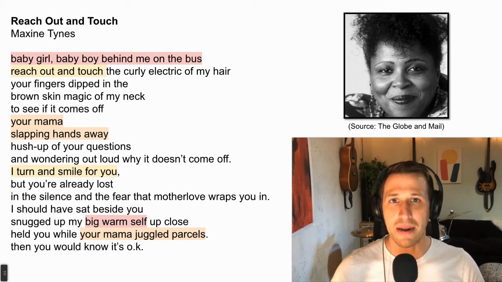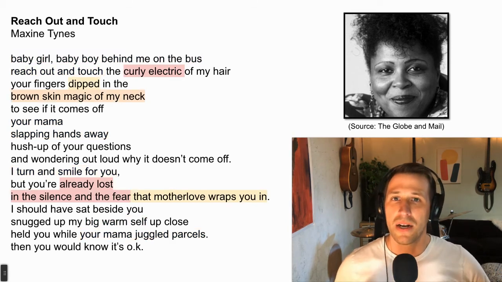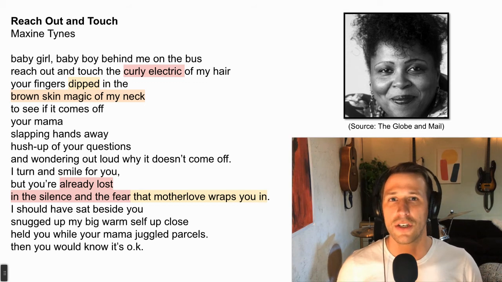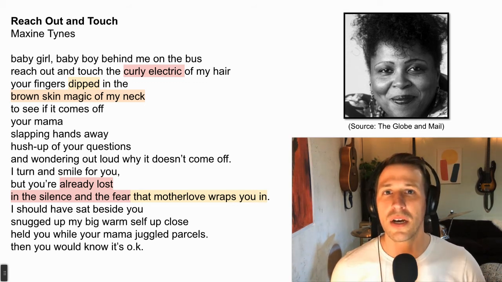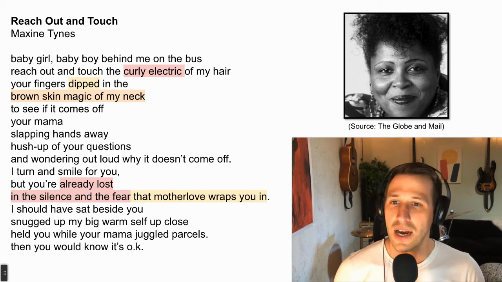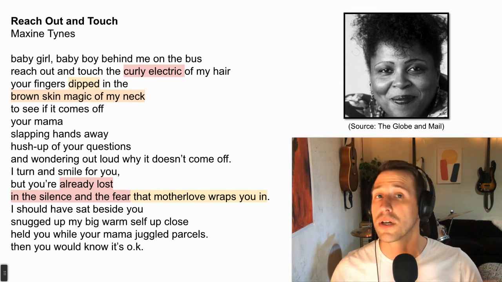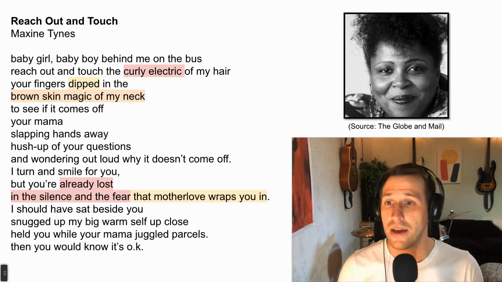So if we have that picture in mind, if that's the image that's being created, the next question we're supposed to work through is the figurative language. Is there any metaphor in here? Is there any personification, simile? What did you notice? I think the ones that stood out to me are a couple phrases like "curly electric hair." We don't usually use the word electric to describe hair. It's a metaphor. It's being applied to something where it doesn't totally apply.